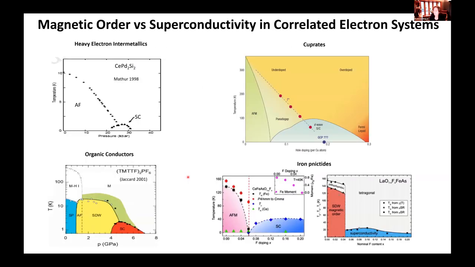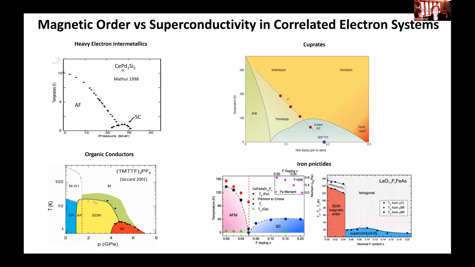So say we limit ourselves to systems that we think are potentially magnetic, and you have to ask yourself then, okay, how do you ensure that there's not magnetic order, but potentially that we'd like to be near magnetic order. So here I think we can say that there is a really significant amount of progress that's been made. And as evidence, I would give you these 4 different phase diagrams that are represented here.